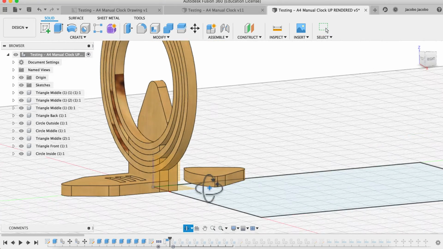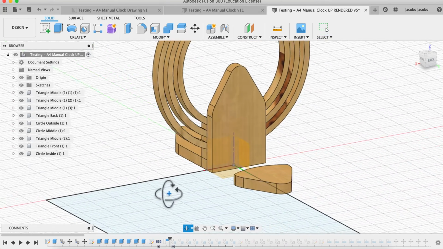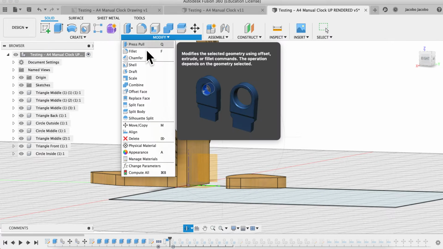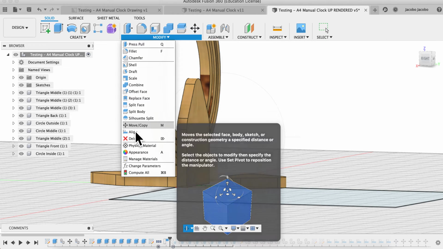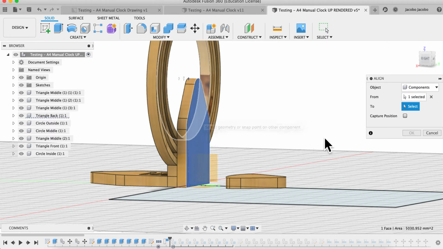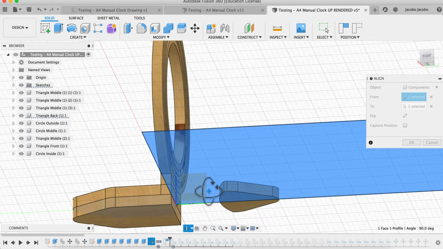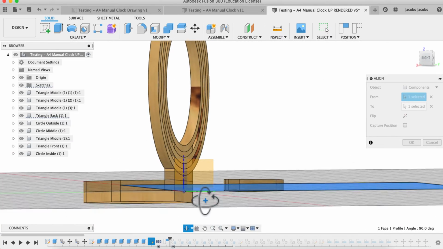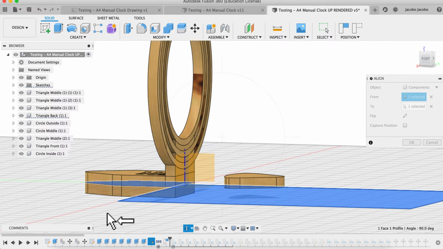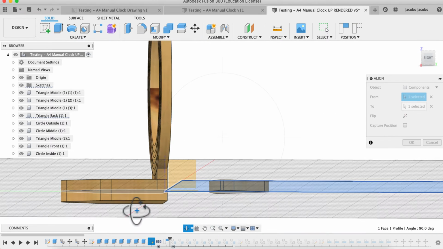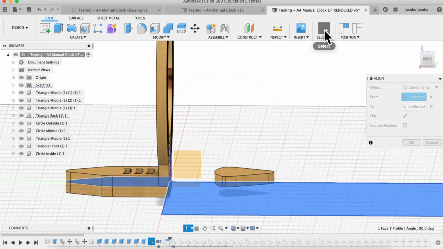One thing to pay attention to is the face that you're using as you click that align tool. See how these are laid flat? If, for example, I go to Align, I click on this, and then it throws it down there. Sometimes it ends up underneath. See how that's underneath? So it's best if you get them all in the same plane, on the same surface. See that one's under that one? That's not quite what I want. It's okay if they overlap, but I don't want them to